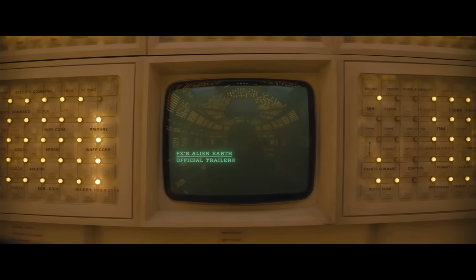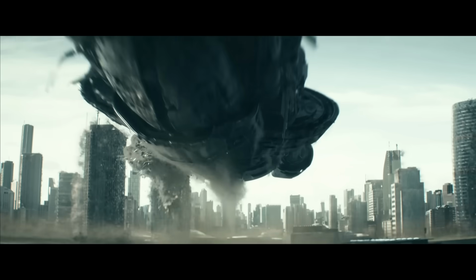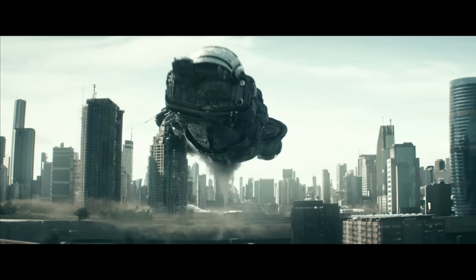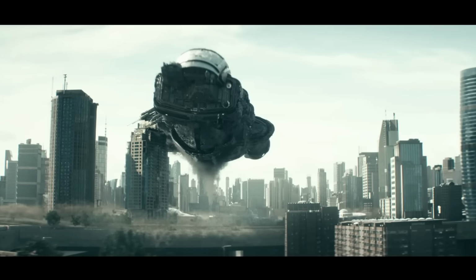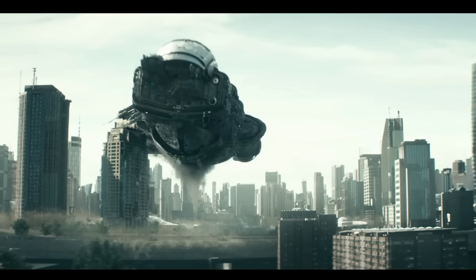Alright, here we go, in the pipe, 5x5. I tell you what, why don't we just take a moment here, because unless I'm mistaken, this is our very first glimpse of Earth within the Alien franchise, aside from the AVP films. It may not be something many Alien fans ever wanted to see, but what I like about it is that